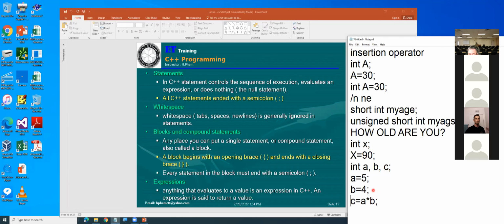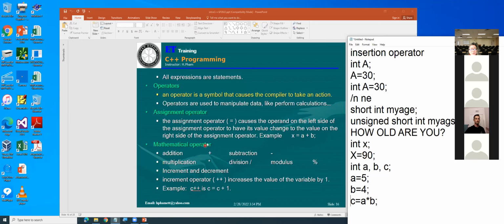And that value will be returned. That means it will be stored in C. Okay? All expressions are statements. That means they must end with a semicolon.